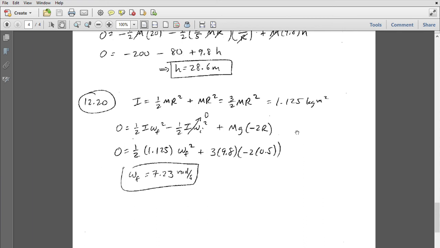Why do I need that? Because I'm going to take my system to be the disk plus the mass on the edge, together with Earth, where gravity is an internal force, and we'll take the pin force, whatever the pivot axis is exerting on the disk, to be an external force, but it doesn't do any work because the point at which it's being applied doesn't move. And the point at which a force is being applied has to move in order for the force to do work. So the net work done by all external forces is 0,